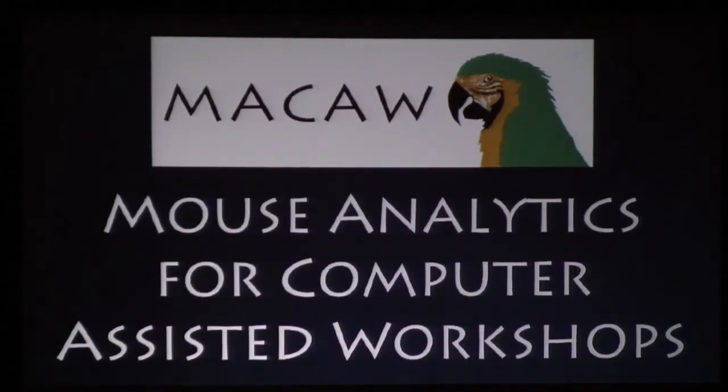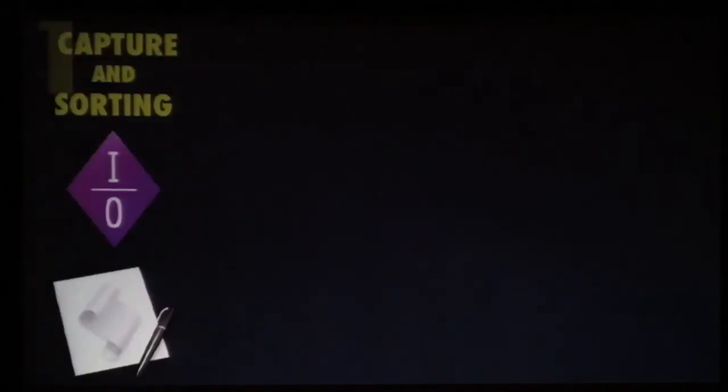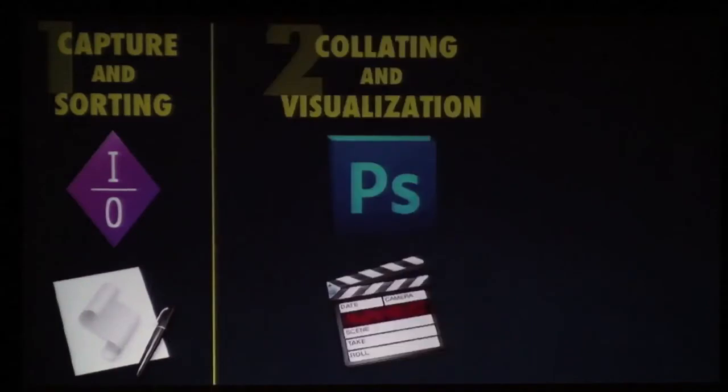I'm going to give a brief overview of where MACAW is today so I can talk about where I want to bring it. MACAW has 3 stages. In the first stage, this is during the workshop. All the students are on their own computers, doing their thing, learning by doing, and in the background, I'm capturing lots of data. I use an application I found free online called iOgraph to capture the raw mouse movements, and then I use a scripting language to make that application do what I want.